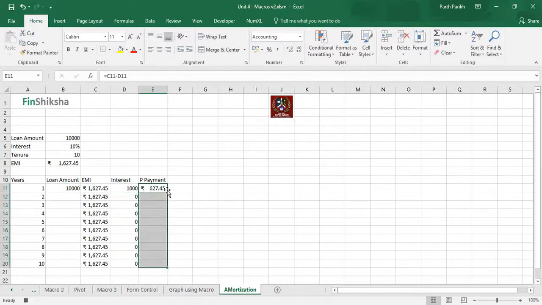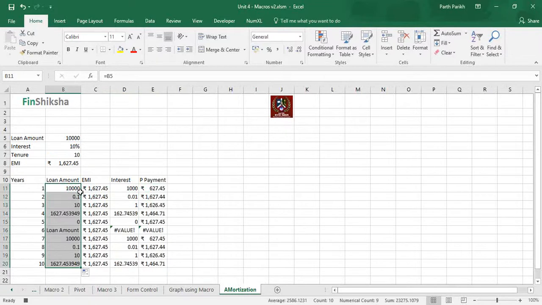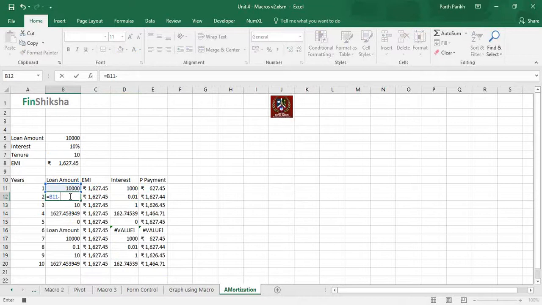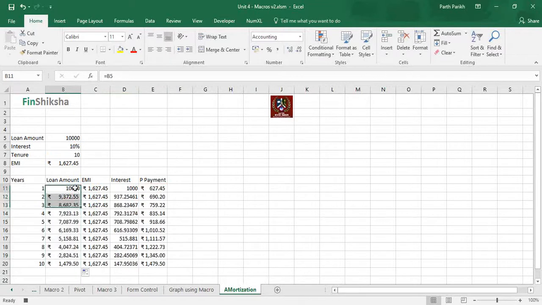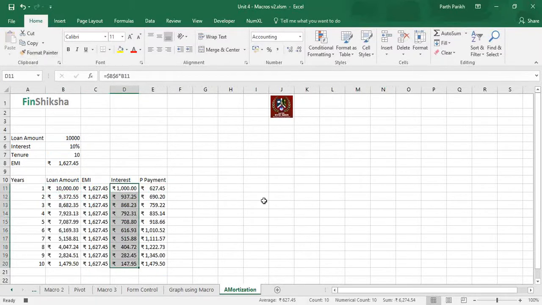I'll simply drag this principal payment down, and I'll drag this loan amount column, which is the principal amount at the start of the year and at the end of the year. I will do the formatting over here as well.